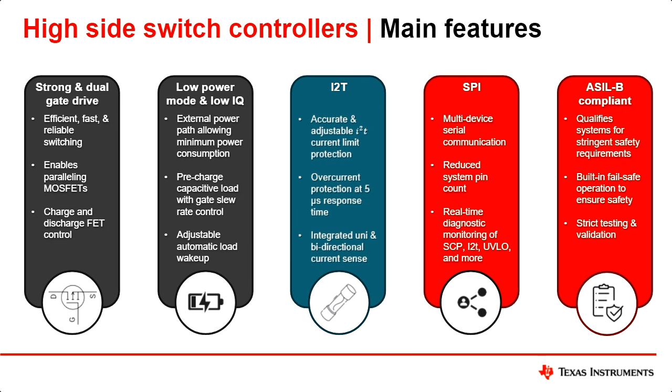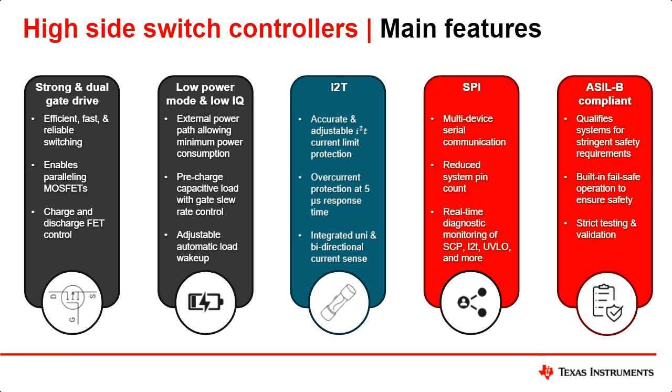Strong gate drive, the first and most obvious feature. Integrated solutions in this type of architecture require strong gate drive to control parallel MOSFETs and to act as a circuit breaker. What this means is if it stays on, it stays on. If it's off, it stays off. In addition, when we parallel MOSFETs together to distribute power, we need all the MOSFETs to turn on at the same time and all the MOSFETs to turn off at the same time. So that's a very critical feature.